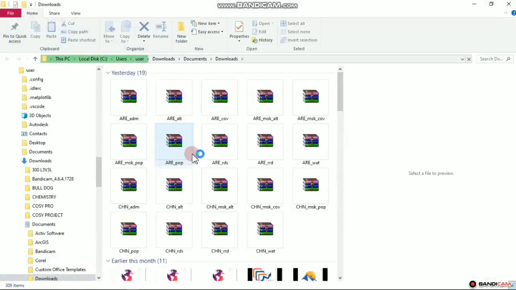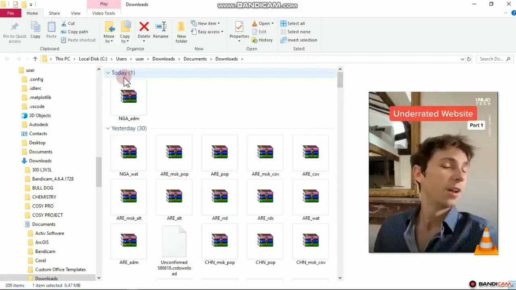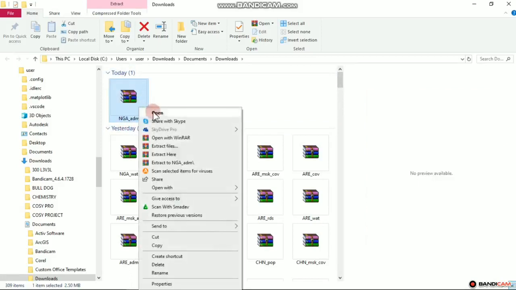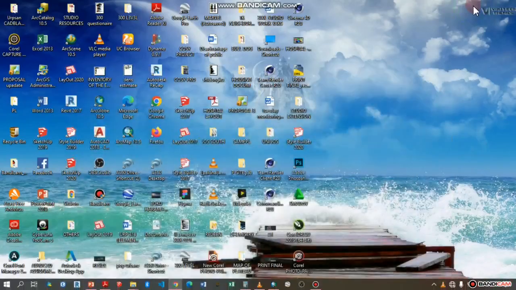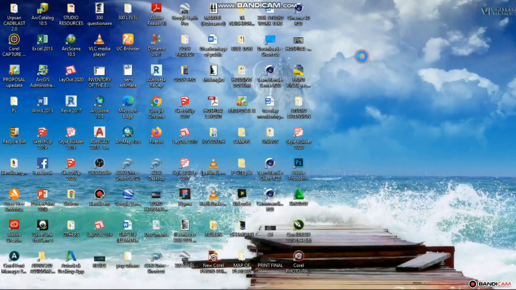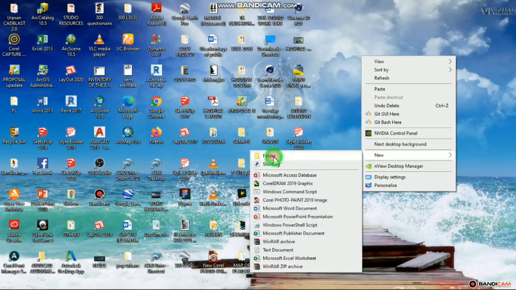It's loading. Okay, and there we have it, which is just instantly what I downloaded. It's this Nigeria administrative boundary. What I normally do is I cut it and then I create a folder on my desktop so that I can easily access it. So I'll right click and then I go to new. Go to folder,